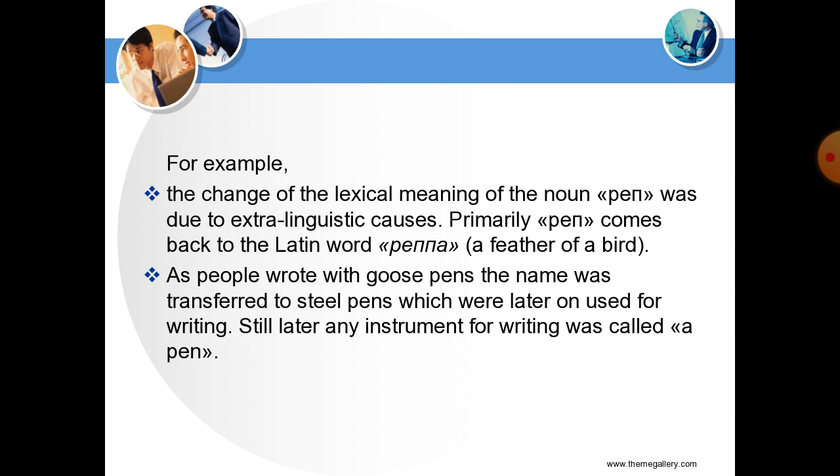For example, the noun tide in Old English was polysemantic and denoted time, season, hour. When the French words time, season, hour were borrowed into English, they ousted the word tide in these meanings. It was specialized and now means regular movement of the sea towards and away from the land.